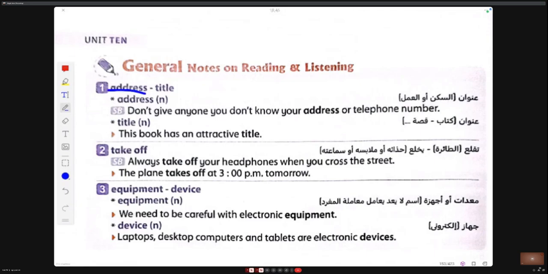Address: maybe we can start the address from the smallest to the biggest. I live in 20, so this is the apartment 20.